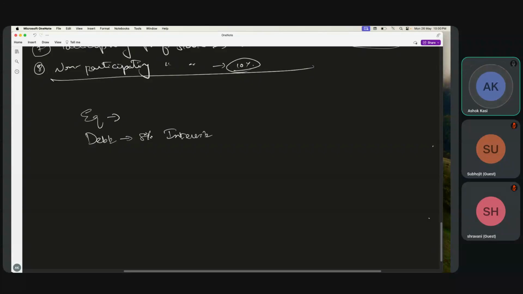8%. Then why did preference shares come into existence? These two ways are there, right? Equity is giving ownership, and this is debt. Why are preference shares coming first? Reason being, see,